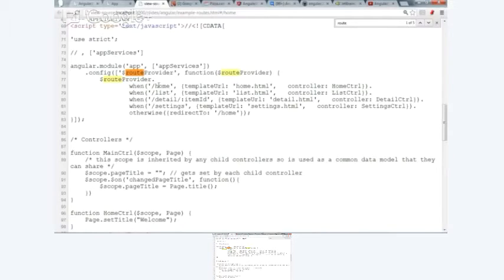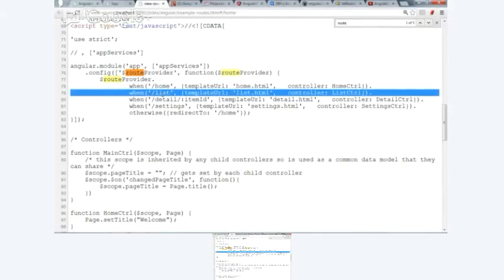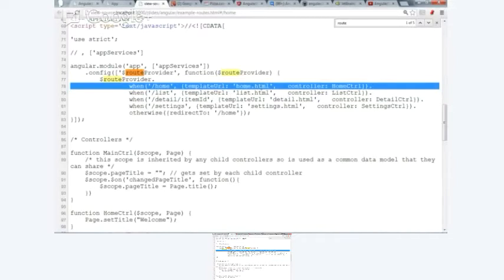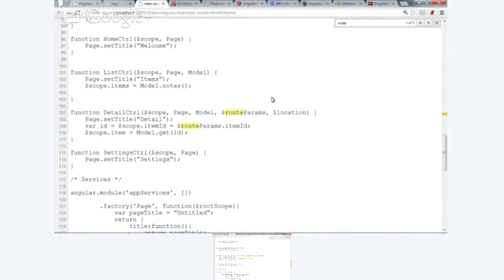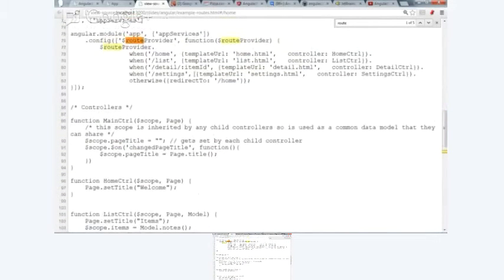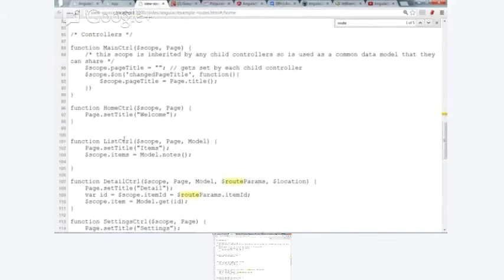I'll just show you the list, for example. My list view here is controlled by this controller, which is just a JavaScript function that Angular picks up. And you can see what's passed to this function are the services required for it to run.